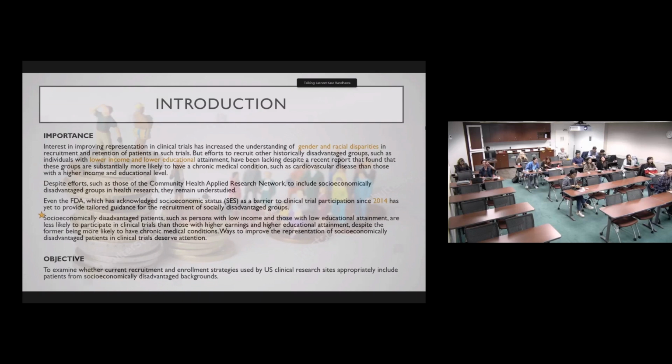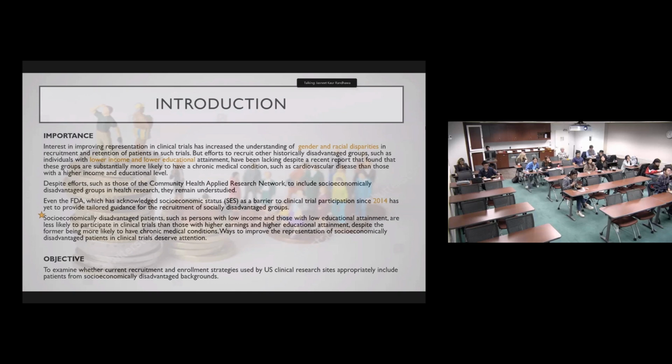So first of all, what is the importance of the socioeconomically disadvantaged group as well as this survey? It has been seen that interest in improving the representation of underrepresented communities is so high in pharmaceutical companies, and we have an understanding of gender and racial disparities and their role in clinical research. In fact, the FDA also issued guidelines on implementing diversity action plans to increase the enrollment of underrepresented communities in clinical research, which I think was issued in June 2024. But the efforts to recruit other historically disadvantaged groups like the socioeconomically disadvantaged group is still lacking in